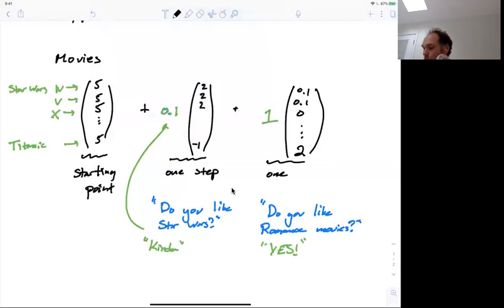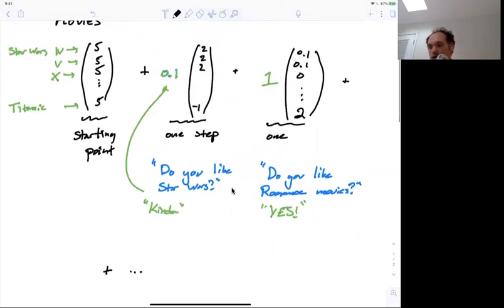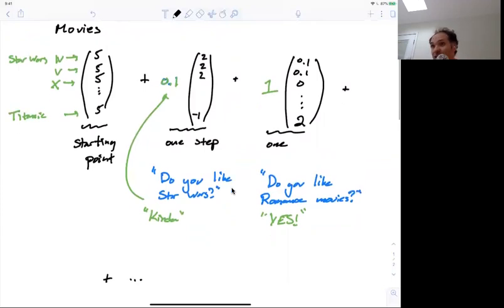And then you might ask more questions. Right? So more questions you might ask. And you'll notice what we're actually doing here is we're creating something that looks very much like the geometric vector form. So you had a starting point, and then you had these different directions. Every time you ask a question, what you're really doing is determining how far forwards, or in some cases backwards, right? So if they didn't like Star Wars movies at all, you'd move backwards in the Star Wars direction. And at the end of the day, you're going to end up at a specific place in this very high dimensional space.